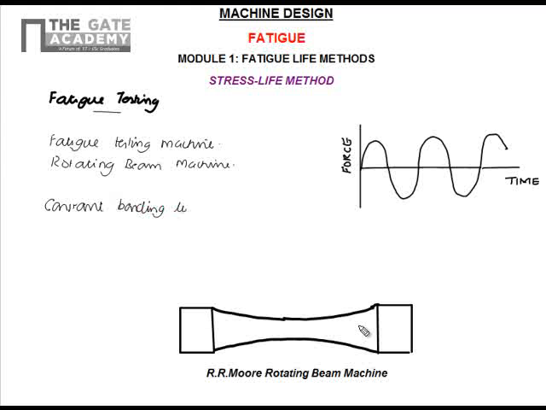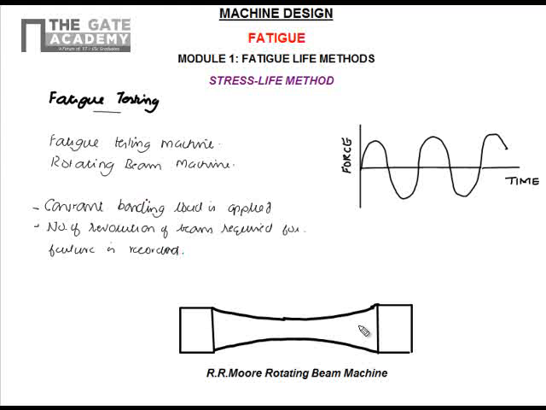A constant bending load is applied, and the number of revolutions of the beam required for failure is recorded. So we have a set of stress values and a set of number of cycle values, that is S and N values. So to start with, the first test is made at the stress